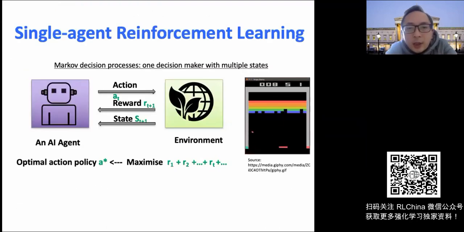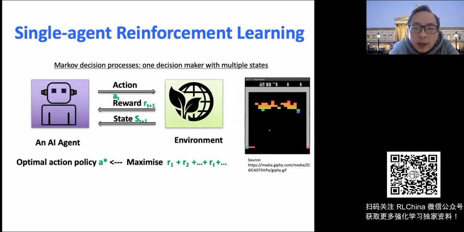The underlying technique, as I mentioned, is reinforcement learning. For people not familiar with it, we are going to spend two sessions on single-agent reinforcement learning, covering how we can make use of machine learning to do decision making. In fact, this entire setting has been modeled as a so-called Markov decision process. You have this agent and the environment, like an Atari game. The agent observes the environment in the form of a state, and based on that it makes a decision.